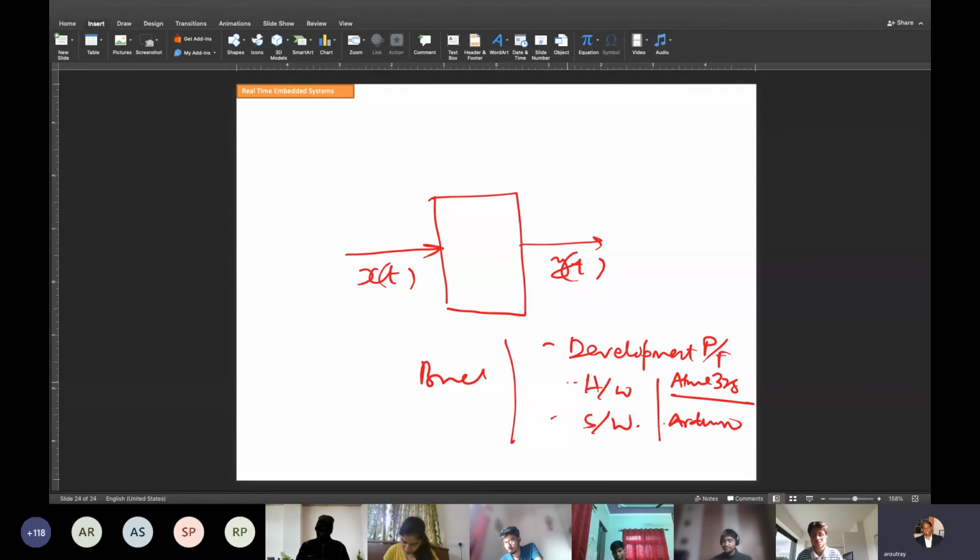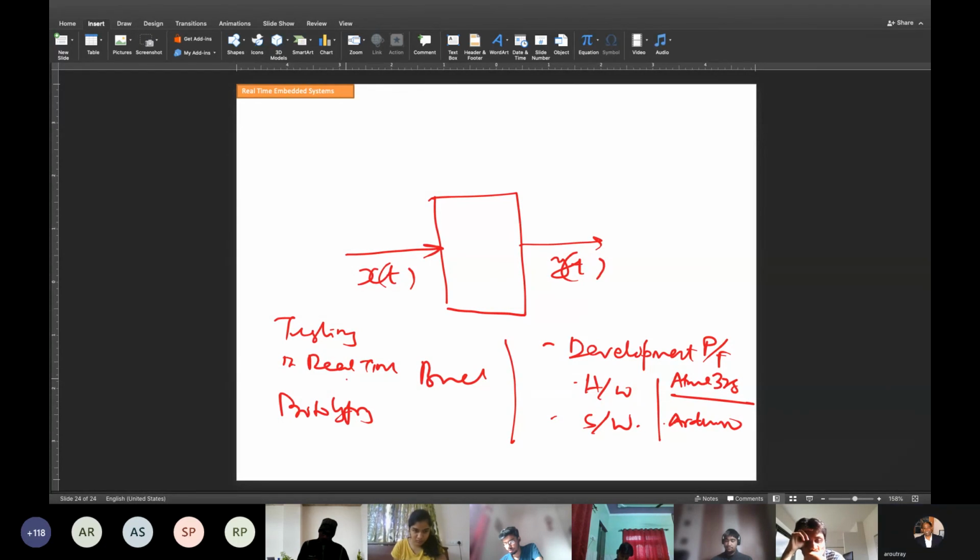After developing that board, then you test your algorithm, everything, then go for prototyping. So this is testing in real time. Then next is prototyping. You can do prototyping on the breadboard, the software which you have got. Then laboratory prototyping, then commercial prototyping, then commercial stress. All these things will go on. So this is all about the first class of embedded systems.